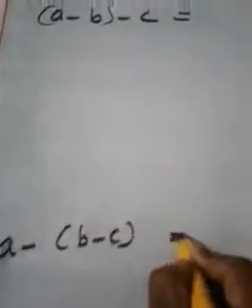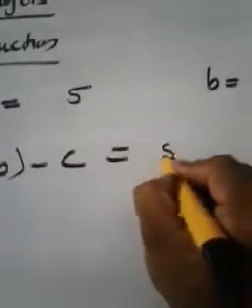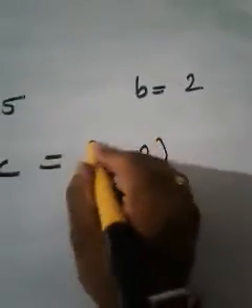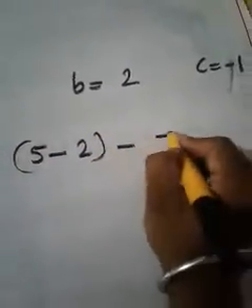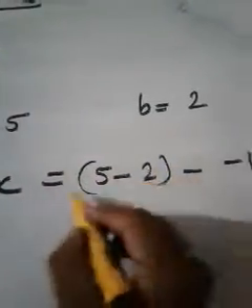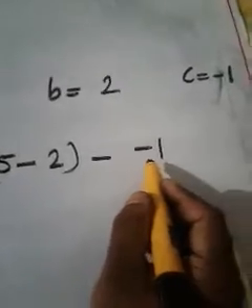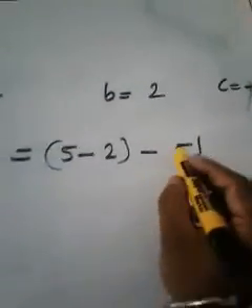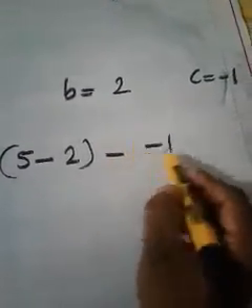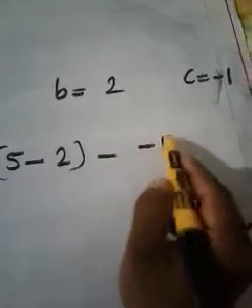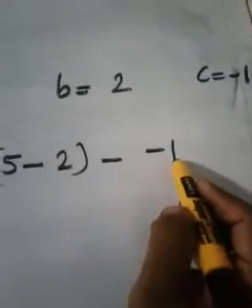You may have understood, isn't it? Tell me, what is A here? 5. Minus B here? 2. Then minus what is C? Minus 1. A is 5 minus 2. Just give a bracket. Then minus C we had, right. That is minus 1. And since both minus are coming together, you can give a bracket. When you give a bracket, if you are feeling confusion, you can avoid that.